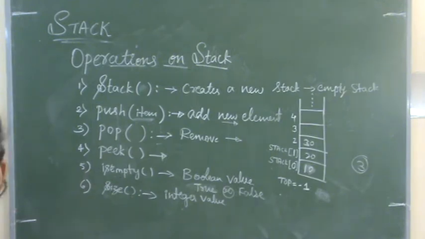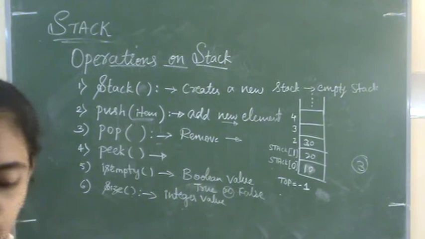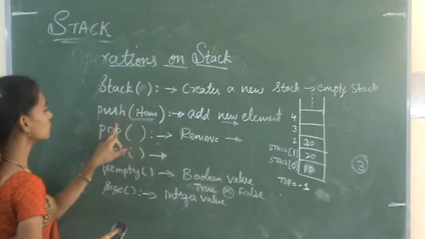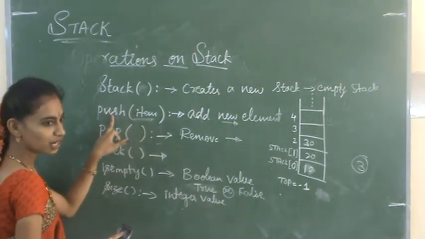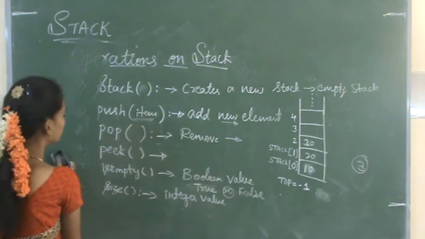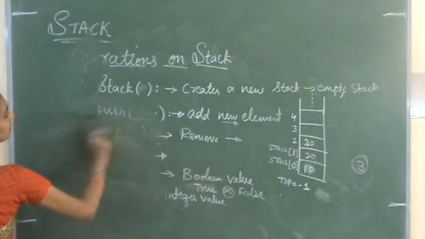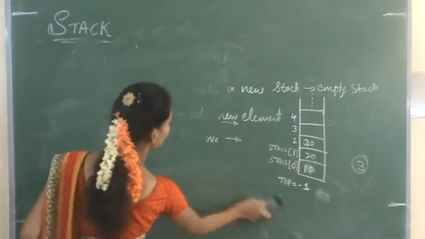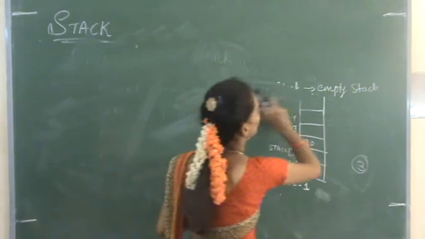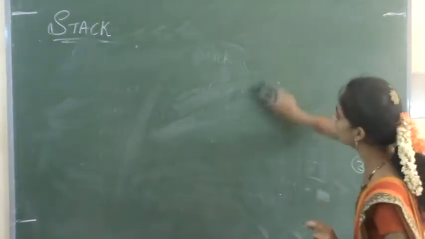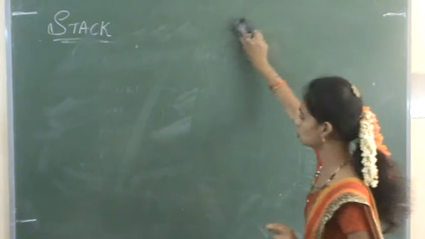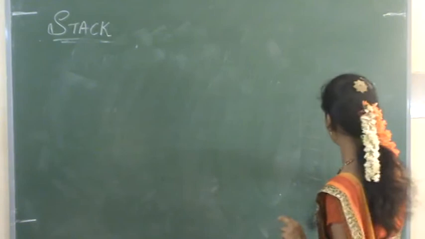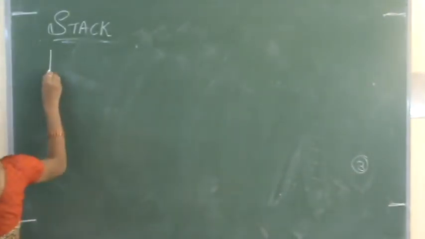Okay. So next we have to know how these two functions, one is the push function and another one is the pop function, will work with the help of an algorithm. How we studied how to insert an element into an array and how to delete an element from an array, likewise here also we have the operations called push and pop. So how will these functions work?